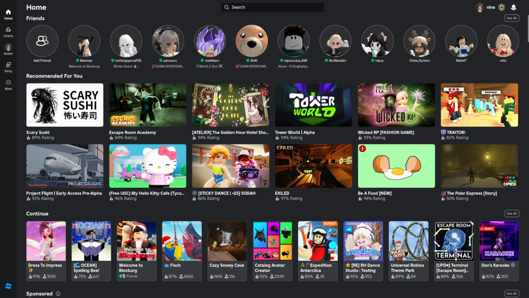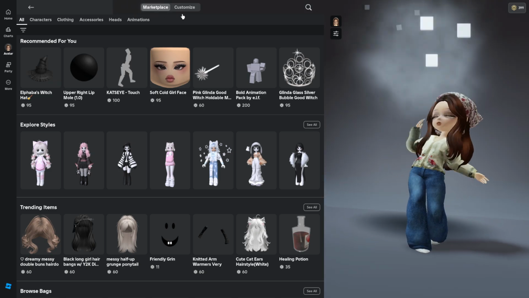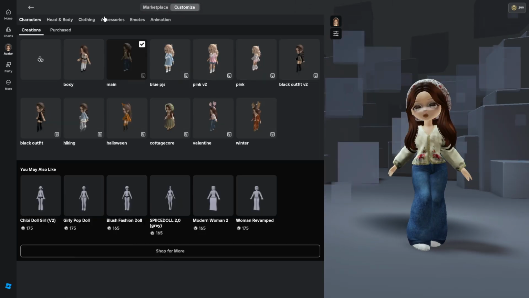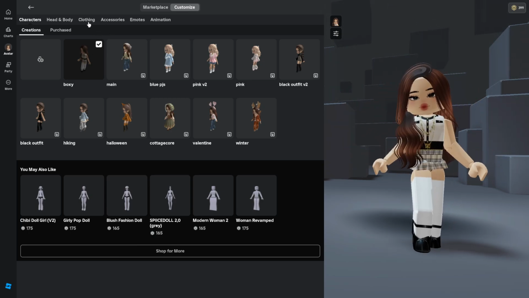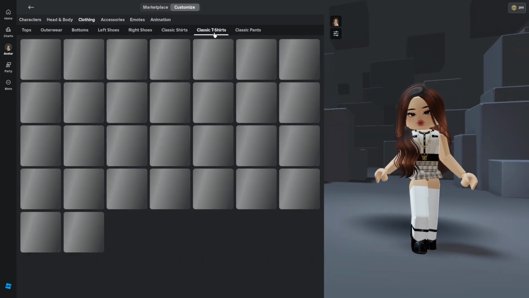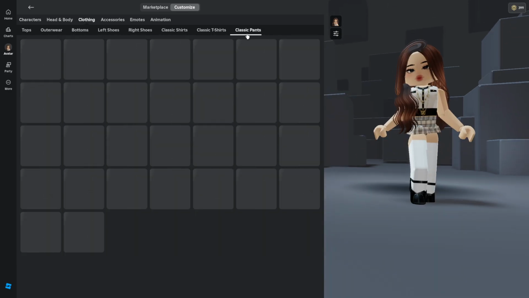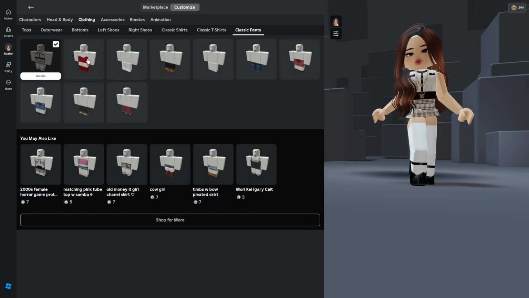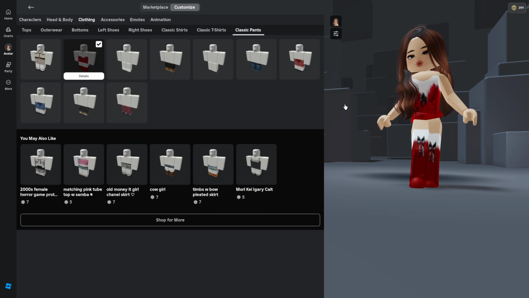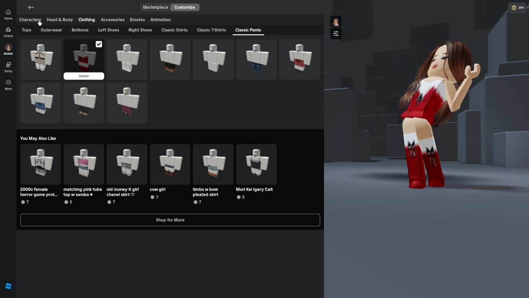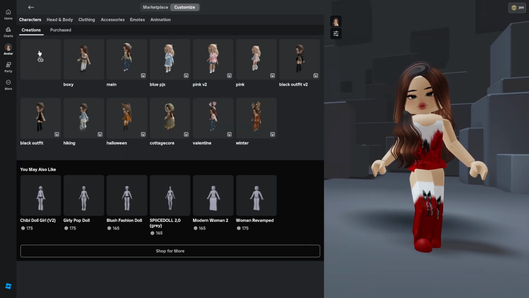In this video, I will be showing you guys how you can save your avatars on Roblox. So I have a lot, so I'm just going to go to avatar here, go to customize, and let's customize an outfit. For instance, this one. I'm going to go to classic pants here, and I'm going to use this one. So to save this outfit, you're just going to go to the characters section and then